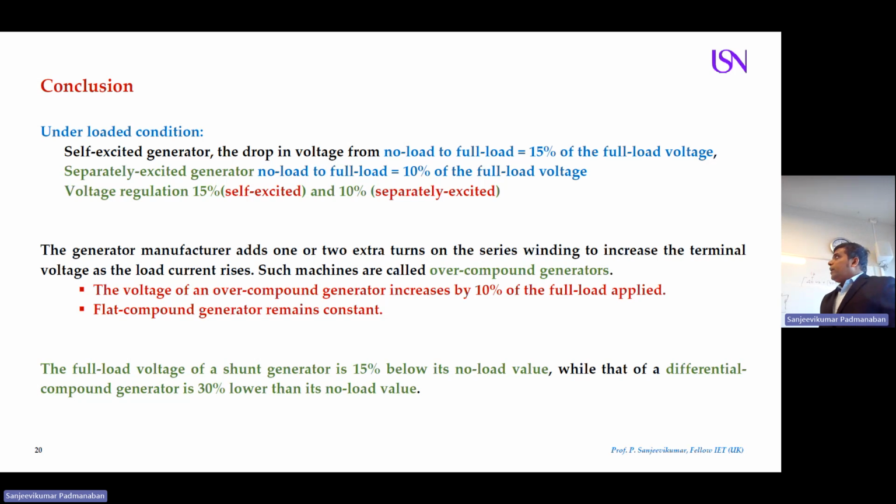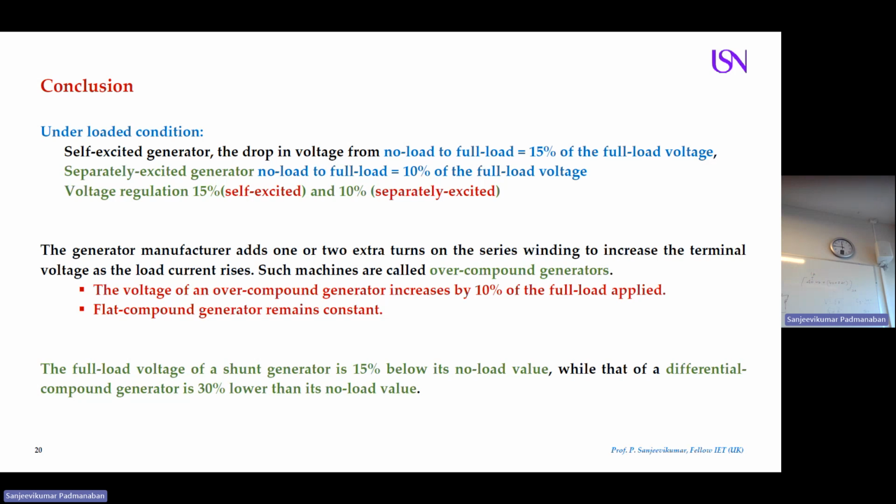Then finally, for today's conclusion, I want to give you an introduction. We have seen many characteristics of motors and generators, and we have seen separately excited, self-excited, and we have understood how the constructions are done, what are the various parts. Finally, I would like to conclude today. We have seen self-excited generator. This is important for you. You don't want to read big theories. My conclusion is enough. So in case of self-excited generator, if you look at the voltage drop at no load